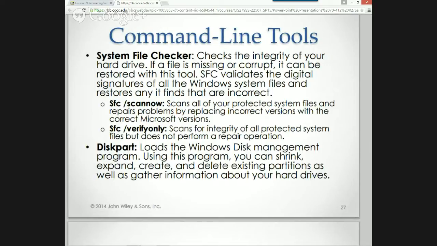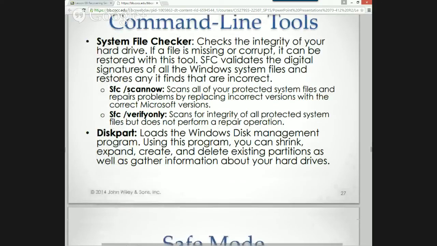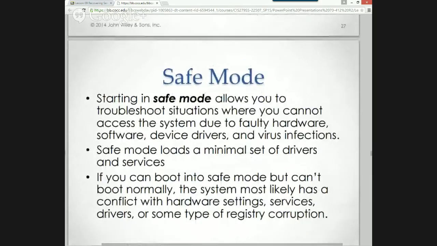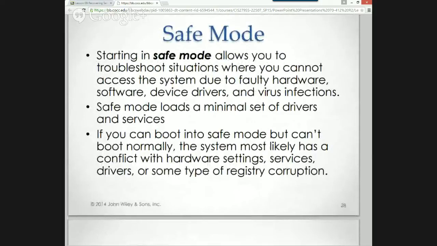Y'all realize now when we install an operating system, we get in a pre-boot environment first where we configure the hardware to prepare it for the operating system. So more command line utilities for system file checker, disk partitions. So outside of the OS, we can shrink, expand, create, delete partitions. We all hopefully know what safe mode's for and things that we would do in safe mode. Basically a great way for us to troubleshoot a computer. It will load just what's needed to start the computer, not all your third-party drivers and your signature files and all that stuff.